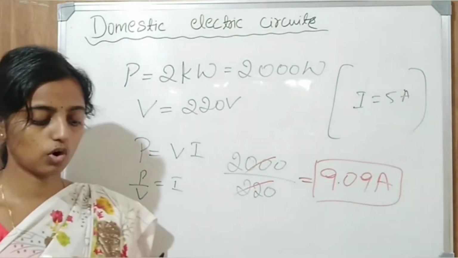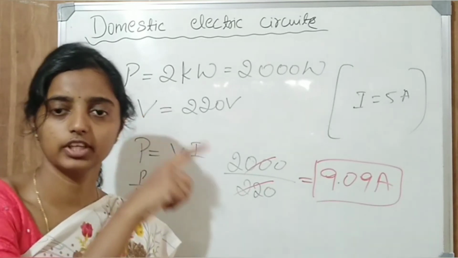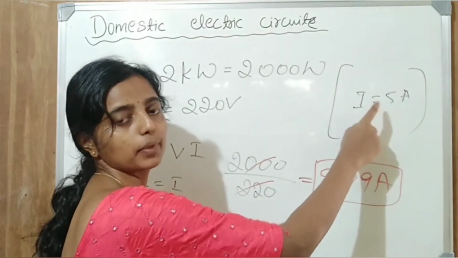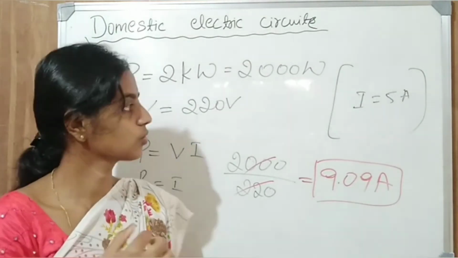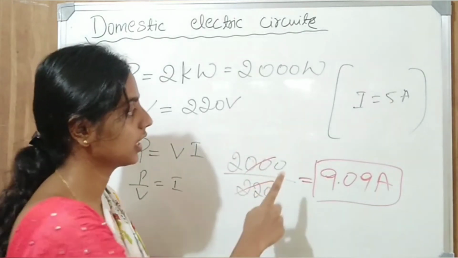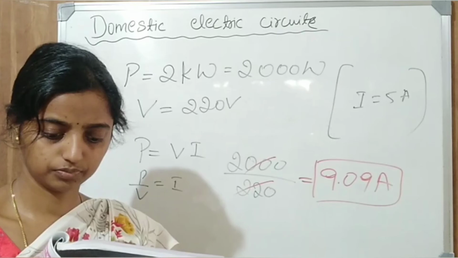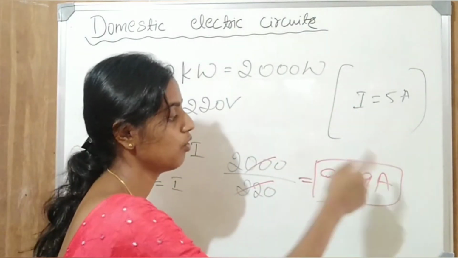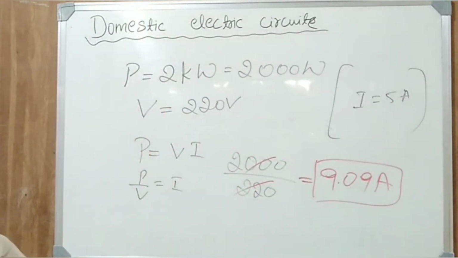And recall what I told earlier, in our buildings usually we will have two types of circuits. One is with 15 ampere and another one is 5 ampere. And here they have given 5 ampere. 5 ampere means what? That is for low rating powers. It is used only for things like fans and electric bulbs. So here the question says consider a domestic circuit with an electric oven with only 5 ampere. Since we got above 9 ampere, what comment can we make here?